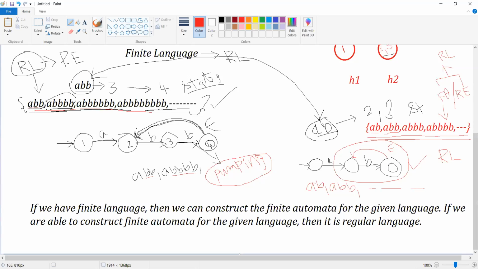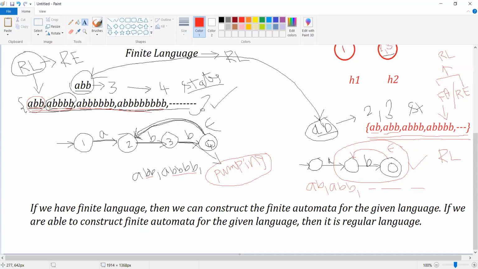You can see we have ABB, then ABB followed by BB twice, then ABB followed by BB thrice. So we have a string ABB, which has been followed by BB one time, two times, three times.